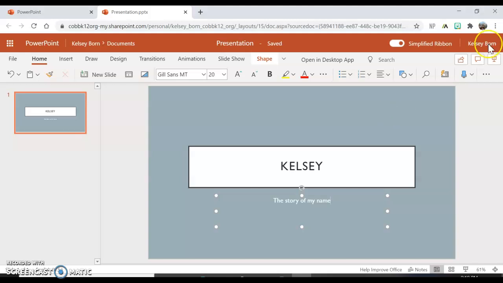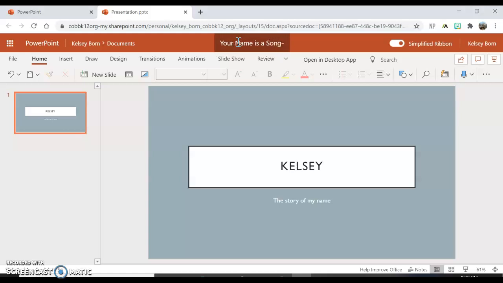But the other thing I want you to see is that this is going to save in your Office 365, but you don't want to save it as "Presentation," because you're going to forget that, number one, and you're not going to know where to find your slides. So I want you to go ahead and rename it. I'm going to show you. Look at the top, click. It's going to highlight the word presentation, and I want you to change it to "Your Name Is a Song,"